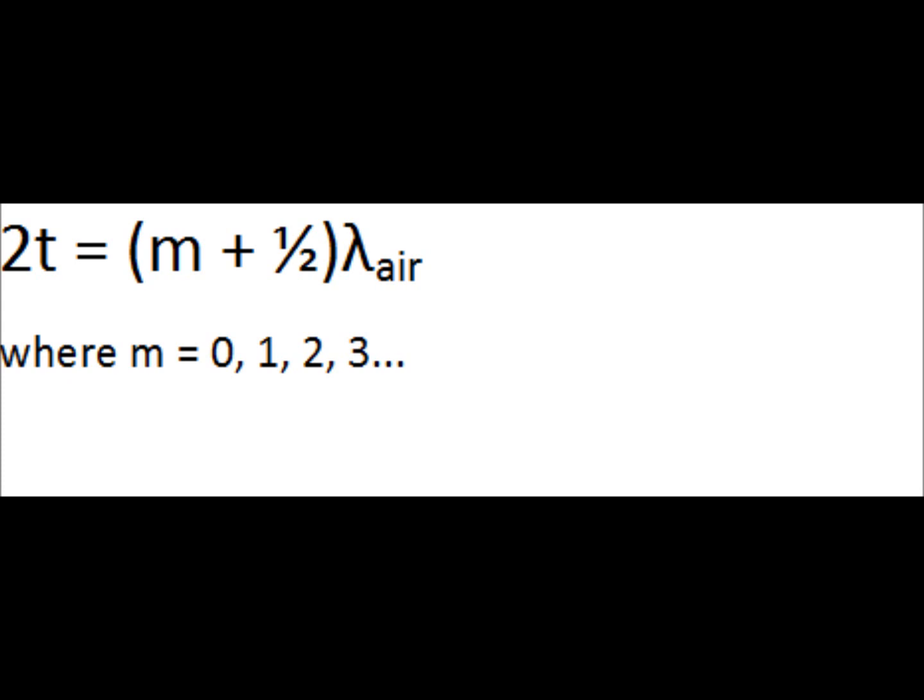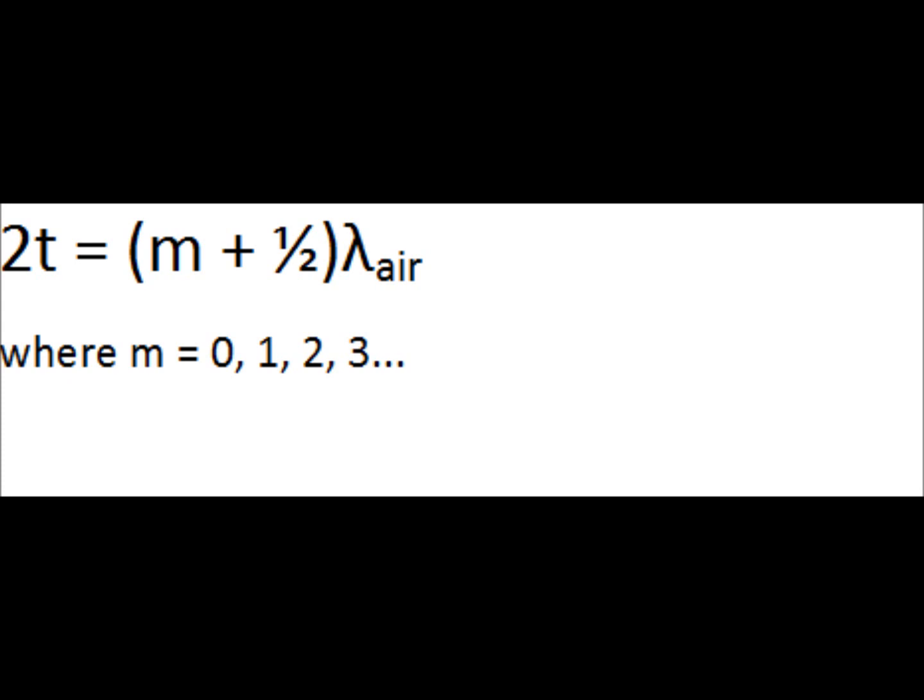So in this expression we have 2t. t is the thickness of the air wedge, and 2t is the path length that reflected Ray 2 will travel in and out of the air wedge. On the right, we have an expression that involves a variable m called the order number. When m is equal to 0, that is the condition for the first band of constructive interference. In that case, the path length difference 2t is equal to 1/2 of lambda, and that, combined with the 1/2 lambda that occurred because of the phase shift upon reflection, is enough for constructive interference to occur.